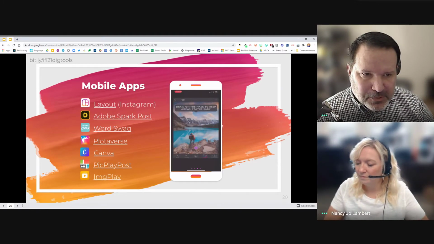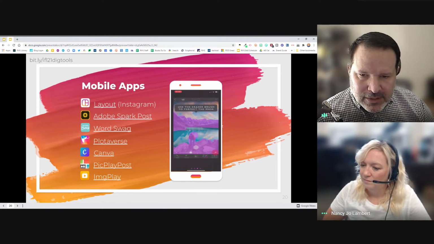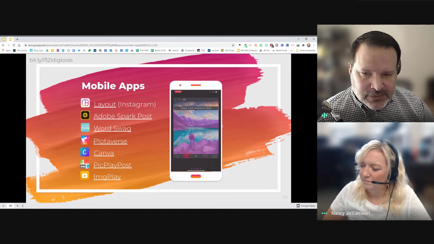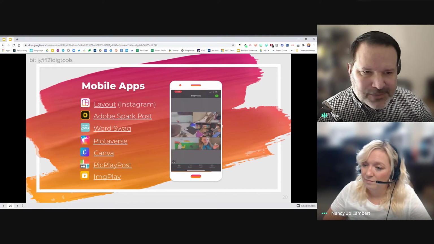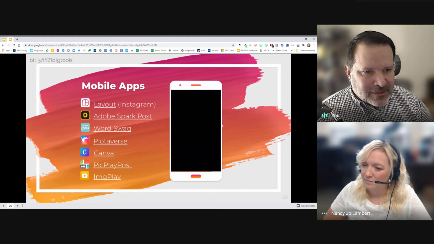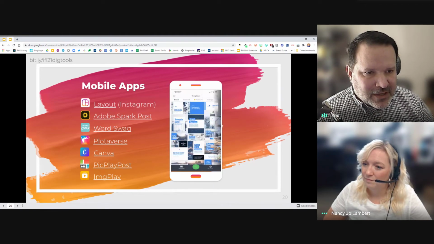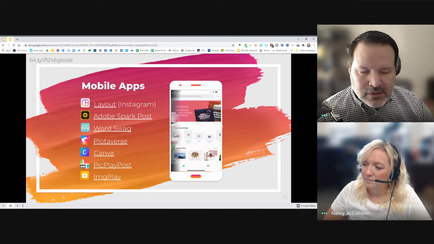And then Image Play is my favorite GIF creation app on the phone. So I guess my favorite feature is that you can export the GIF and tell it the size you want, because Twitter limits your image to 5 megabytes. So you can tell it you want a 5 megabyte GIF, and it gives you that, so you can post it to Twitter.